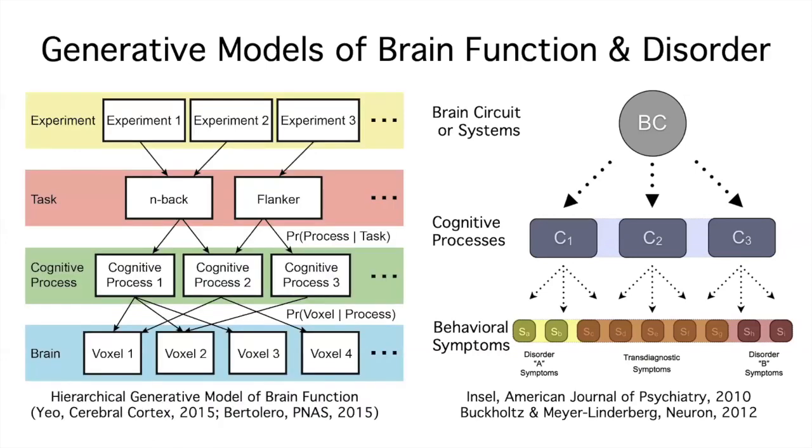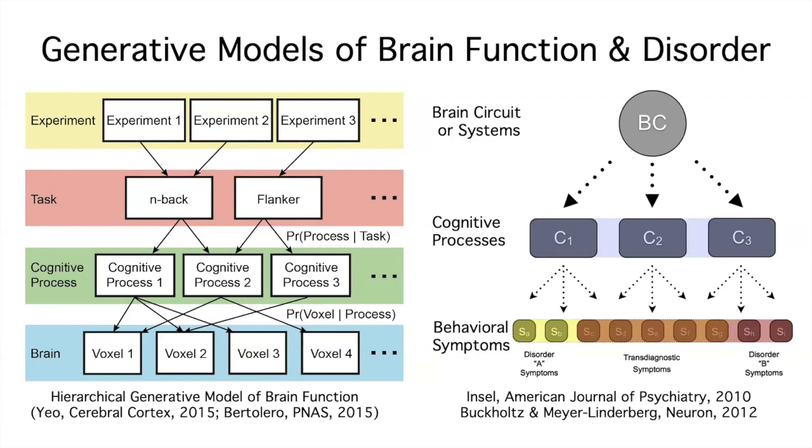So a few years ago, we formulated a generative model that captures the notion that behavioral tasks share multiple cognitive processes, which in turn activate overlapping brain regions. So the cognitive processes are not directly observed. However, we can estimate them by fitting the model to brain activation maps from 10,000 experiments across 83 tasks. This allows us to infer the probability that a task would recruit a cognitive process and the probability that the process will activate a brain region. The probabilities allow us to infer interesting properties about brain organization.